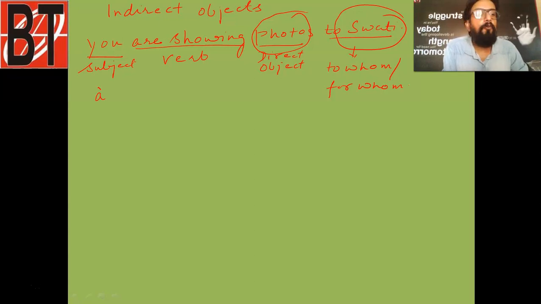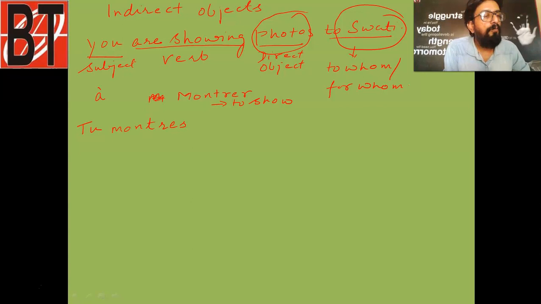So you are showing photos to Swati. So you can write tu montres. Why montres? Look at this verb, M-O-N-T-R-E-R, montrer. Montrer का मतलब होता है to show.